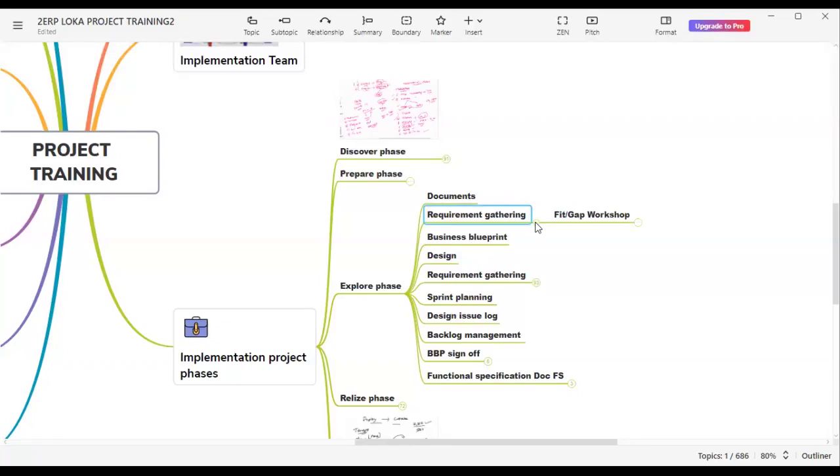First thing what we are going to discuss regarding the requirement gathering is, normally what happens, you are going to reach out to each and every SME. Sorry, when I say SME, it is subject matter expert. So each and every process, for example, in discover phase, we said that are we going to use IBP, integrated business planning? Are we going to use PPDS? Are we going to use Power BI?